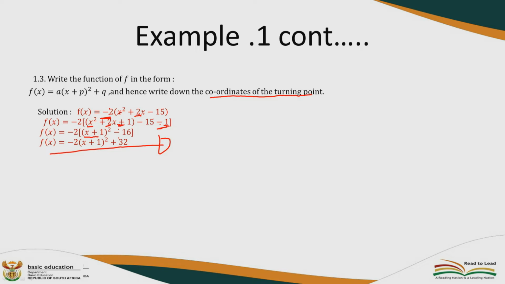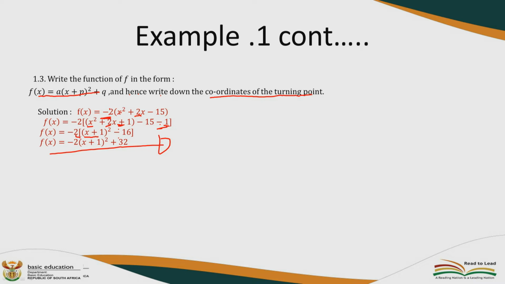Of your x. Remember to raise it to the power 2. You square the coefficient, half the coefficient of x, and then you add and subtract at the same time. From there, you can simplify further, multiply it throughout by that particular parameter a, which is negative 2 in this case. Okay, now we are covered with this portion, but now they are saying hence write down the coordinates of